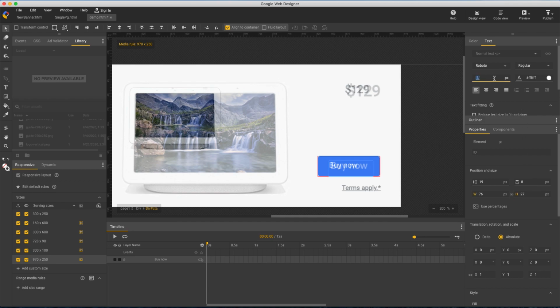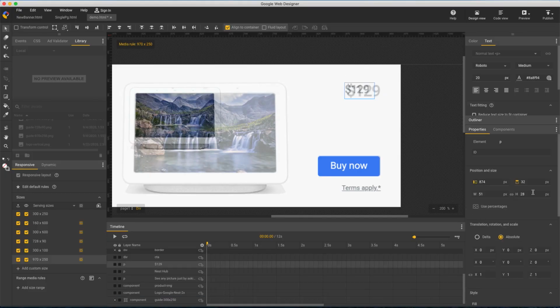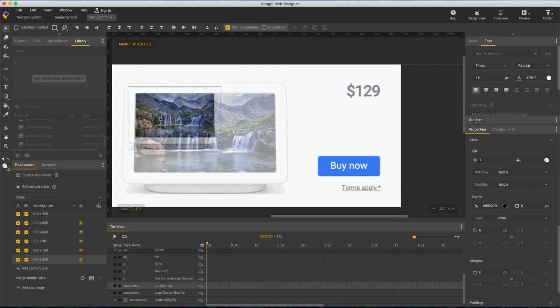In this size only, I need to increase the font size of the CTA. And I'll fast forward a little. For the most part, it's a simple matter of reposition and resize.